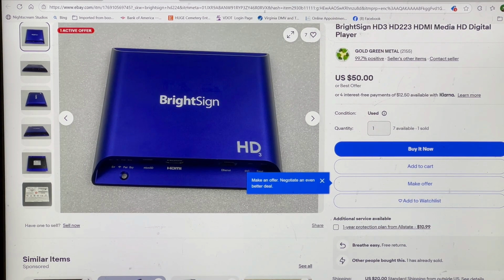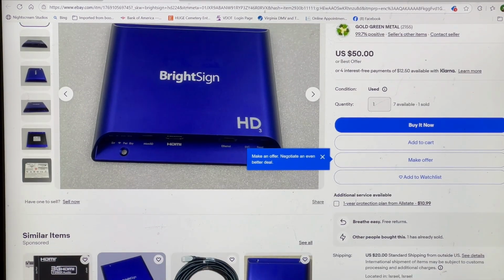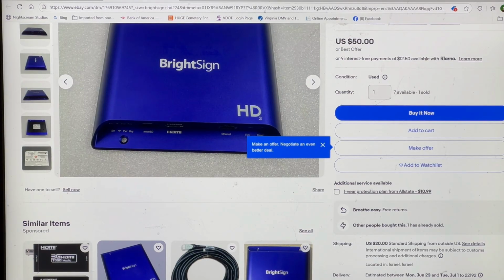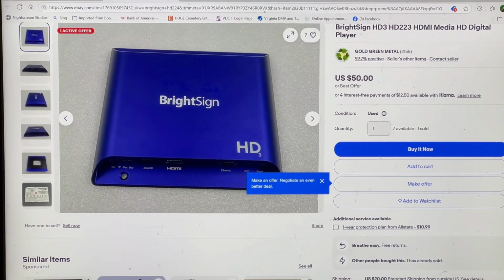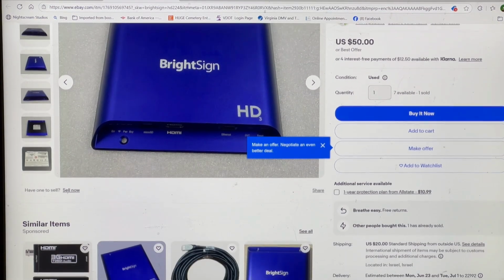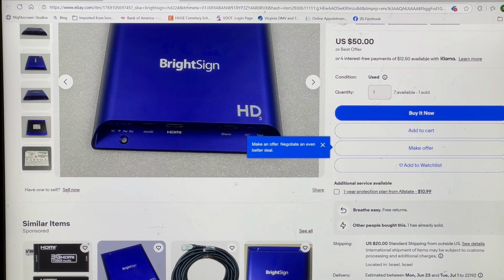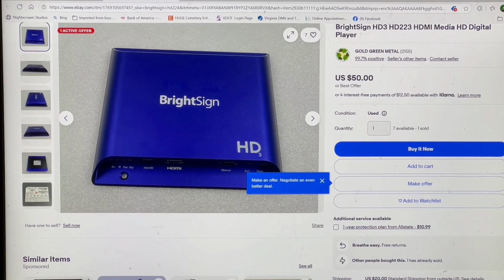But I am pretty sure that as long as you diligently monitor eBay, you should easily get a set of video players from the same family of Brightsign players, most likely within a week. I see a lot of these last for maybe 2-3 days. Sometimes they're up there for a while because they're asking for a ridiculous price. I've seen, still to this day, the 224 models listed for over $200. You can easily find them from other sellers